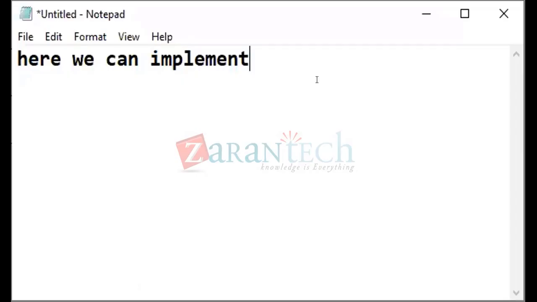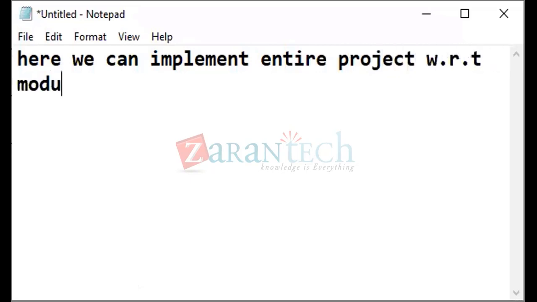Now you can see the notepad. So here we can implement the entire project with respect to module.